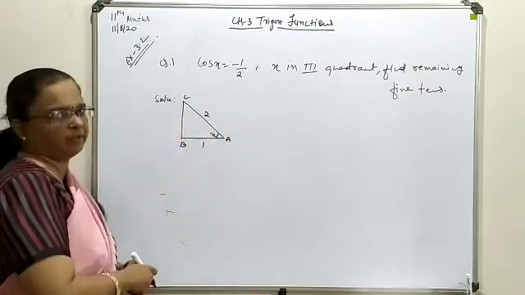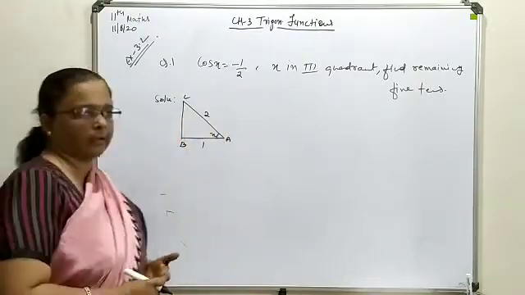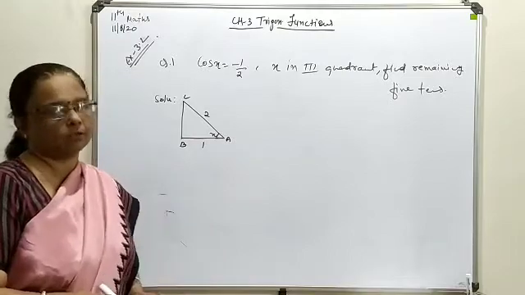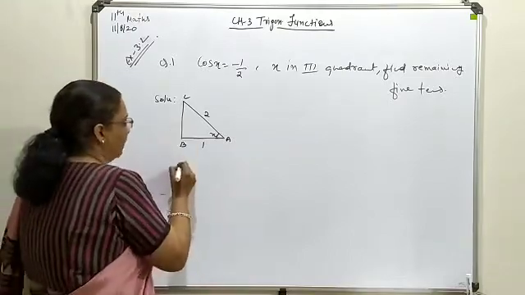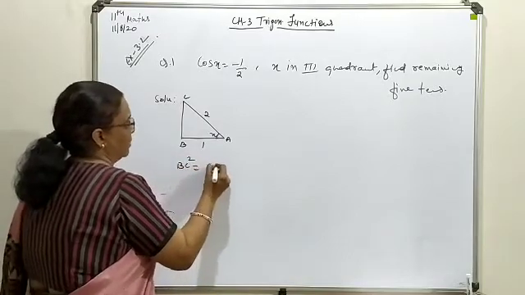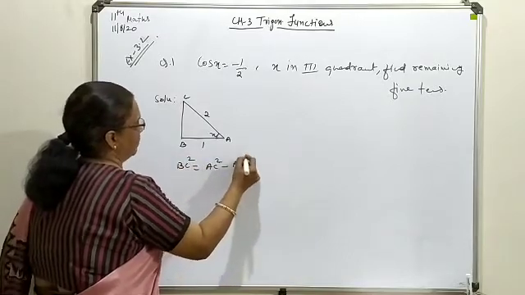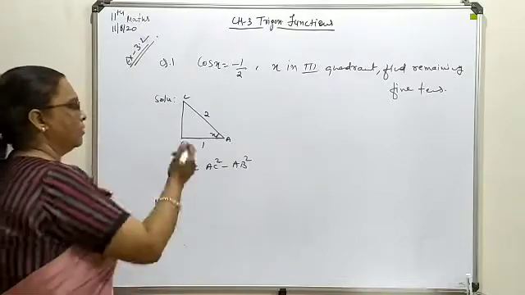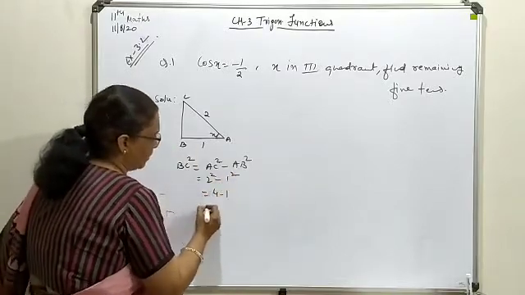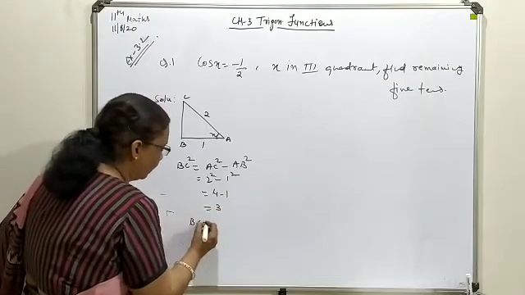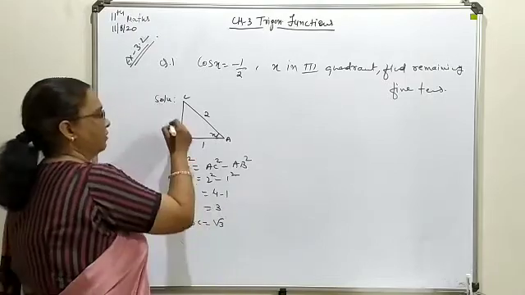Now BC is to be found out. Directly also you can calculate, and if you are not sure, you can use the formula form over here. So what will it be? BC square will be your AC square minus AB square using the Pythagoras. So this will give you 2 square minus 1 square, means 4 minus 1, 3. So the value of BC will come out as root 3.